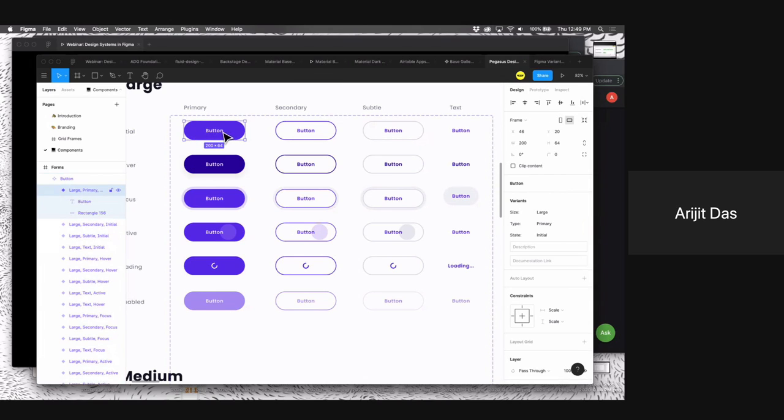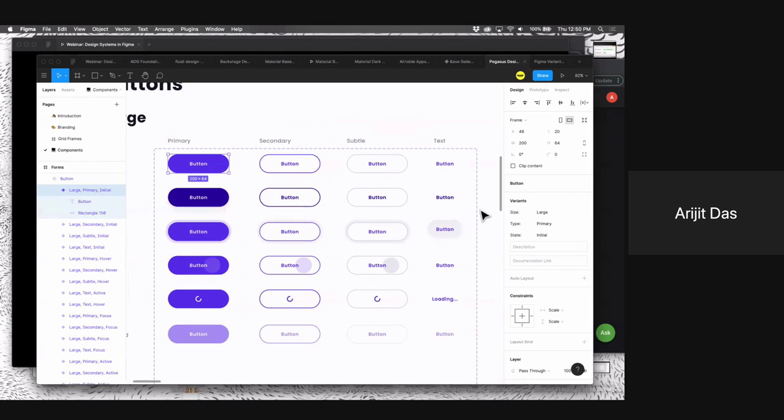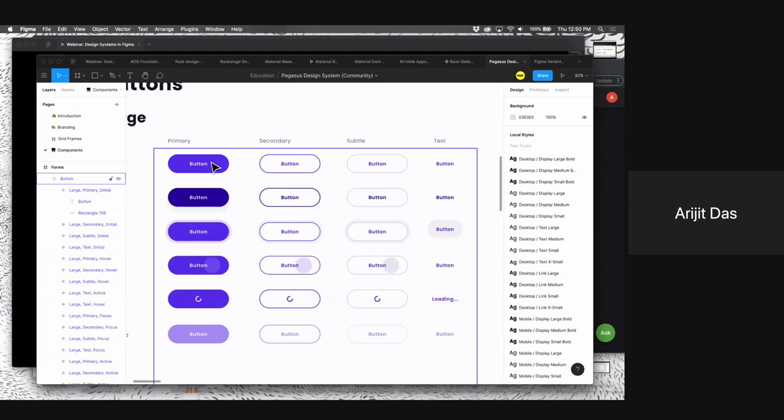And then when you click into this, you can see that for this variant, the size has been defined as large, the type has been defined as primary, and the state has been defined as initial. If you want to add a new state, you could always go here and just add a new one for any of these. Or if you want to add more properties, you could always do that. So what that means is